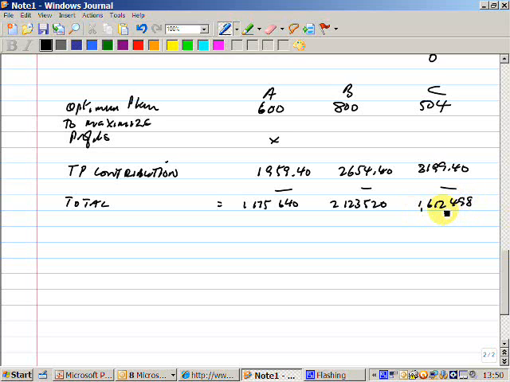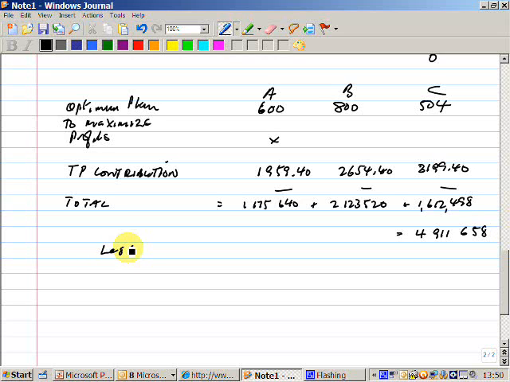So we're just multiplying those out there. So in terms of the total then, that comes to, so that plus that equals, we've got a total throughput contribution from this plan of 4,911,658